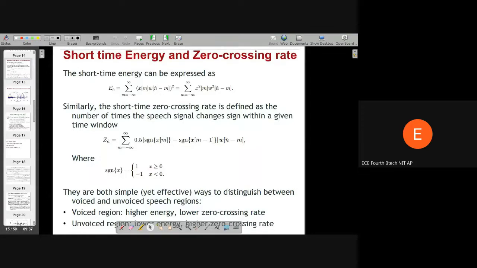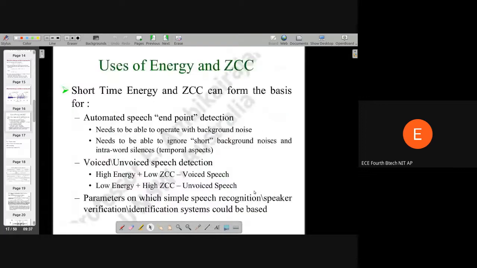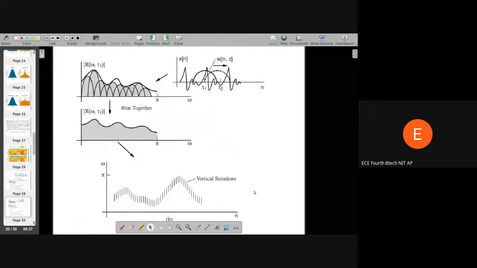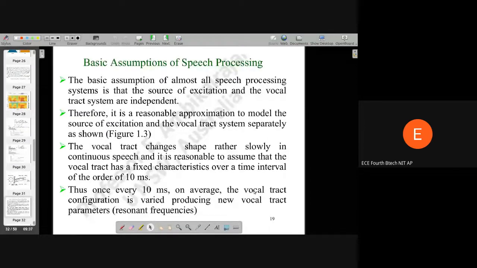In case of unvoiced, which is noisy in nature, you will get a high frequency. In case of voiced, you will get relatively much lesser frequency. So we talked about this short time analysis of speech, and then moved towards our source filter theory, which encompasses